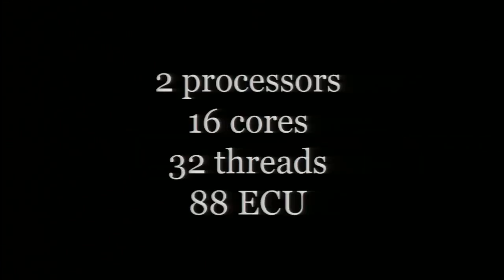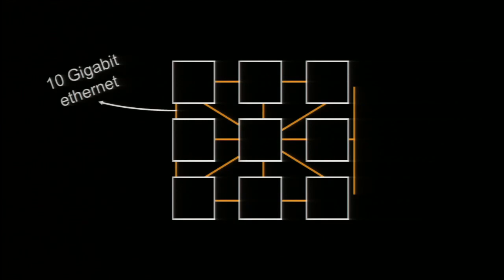They have 16 cores, so 2 sockets, 8 cores a socket, 32 threads, because we turn hyper-threading on. You get 88 elastic compute units with a CC2. So if you compare it to an M1 small, that's 88 times faster. It's not 88 times the cost. It costs $2.40 an hour. The other thing that we did when we launched CC instances was to put them on a 10 gigabit Ethernet network. And we tell you you're on a 10 gig network.